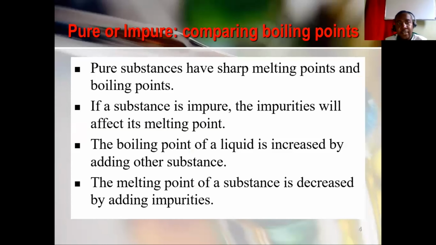All right, so if we look at pure and impure, we compare boiling points of pure and impure substances. Pure substances have sharp melting points and boiling points. If a substance is impure, the impurities will affect its melting point. The boiling point of a liquid is increased by adding other substances. So if a liquid is impure,